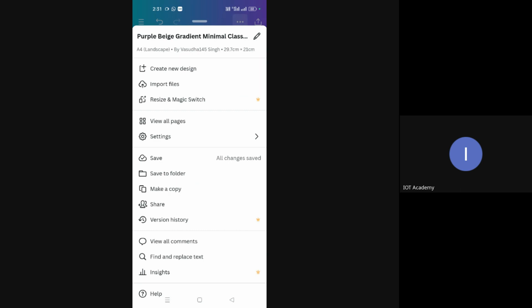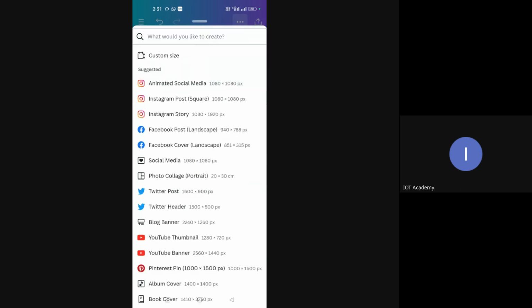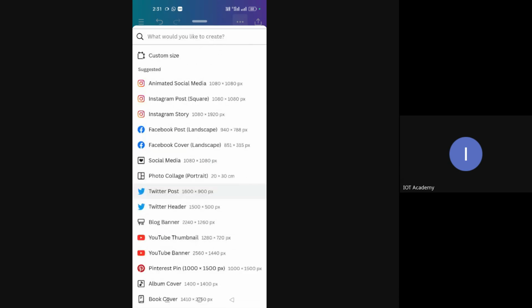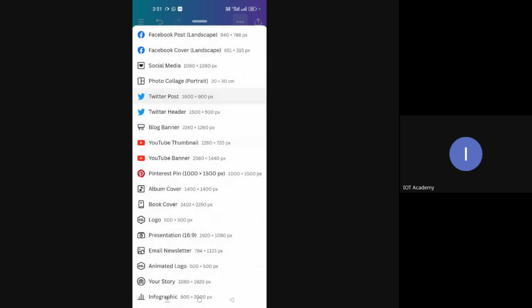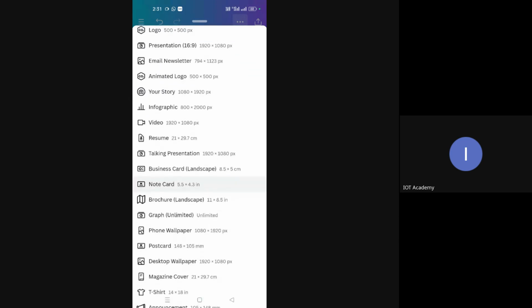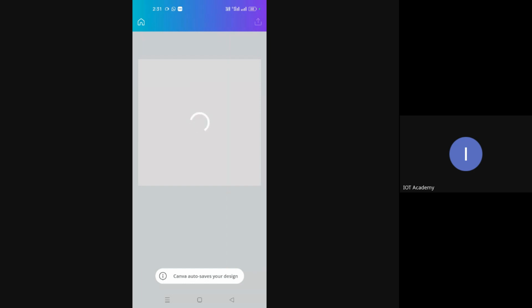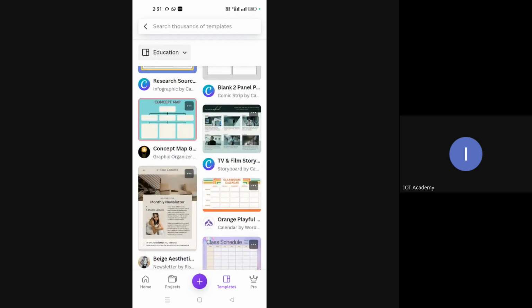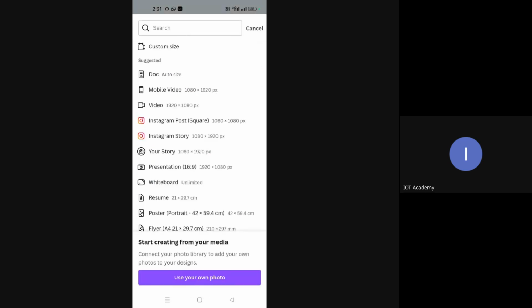Okay, now suppose you want to create a new design, or you can import a document which you already have. See customization size. In this you are asked to select any one. Suppose I select an infographic or a flyer, I would select a flyer. So let's go for flyer.